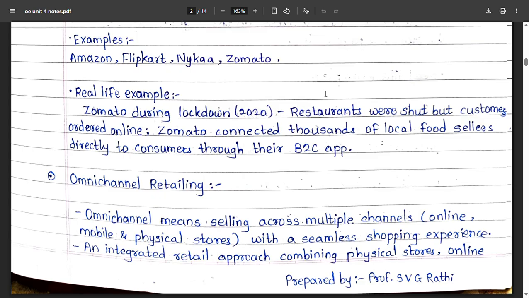Omni-channel retailing has an example like Cotton King. Although there are physical stores, there are also multiple channels, like the physical store channel, or we can buy online also. So the customer can start shopping on one platform and finish on another platform.